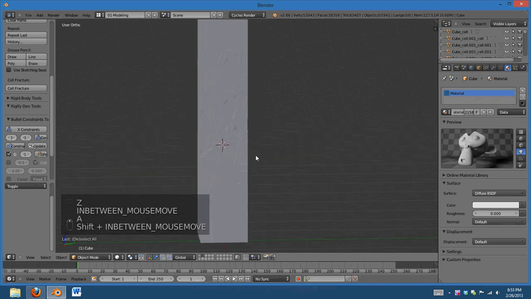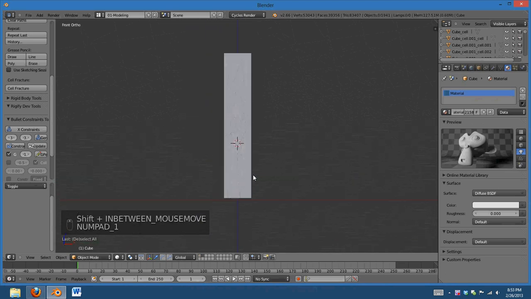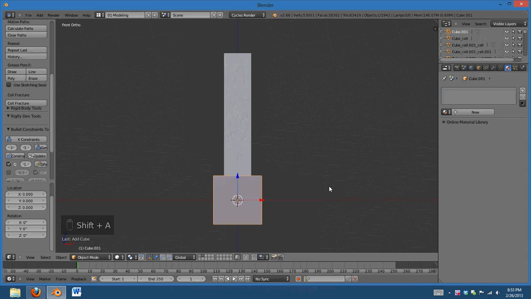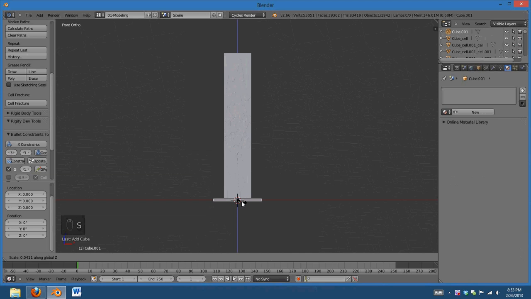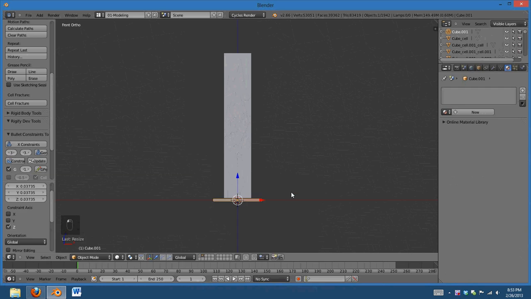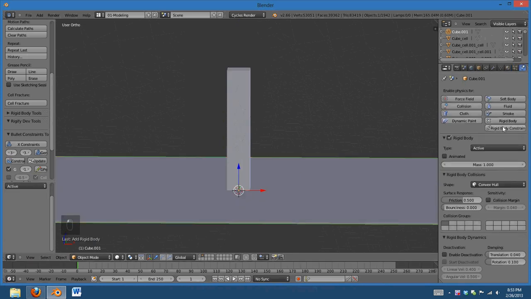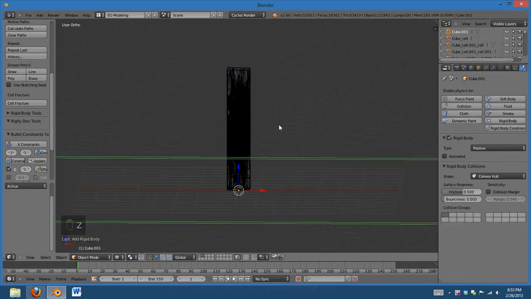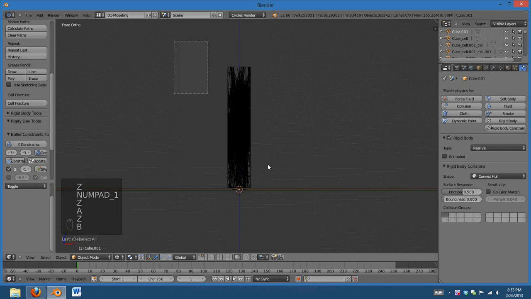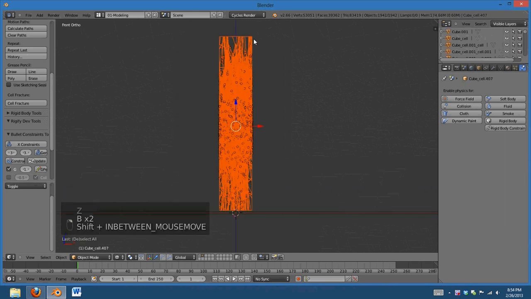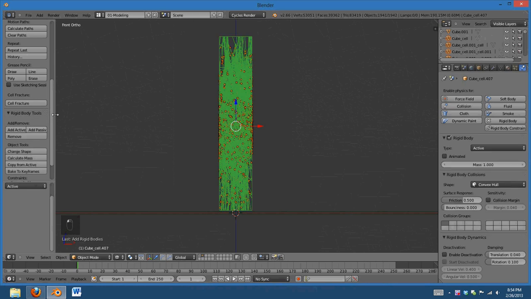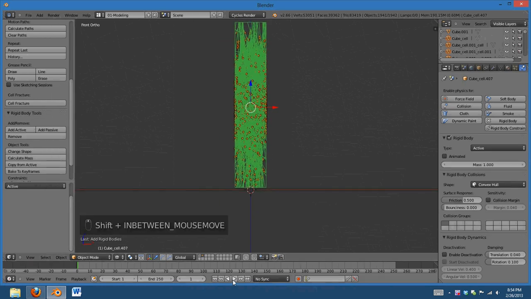Okay, so now all I'm going to do is press Shift S, cursor to center. Shift A, add a cube, scale it on the Z-axis, scale Shift Z, scale it up a bit, make that a passive rigid body, and take all of these, make sure one of them is selected as the active object, go over here to rigid body tools and add active, and if you play this back,